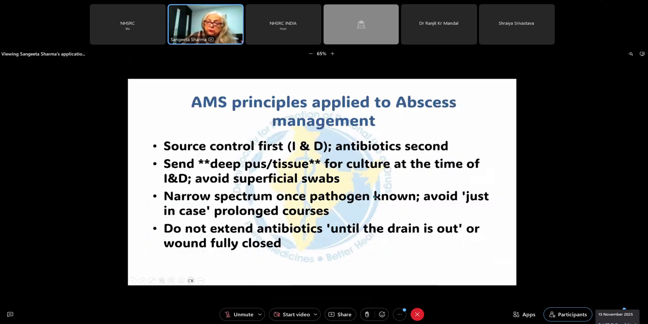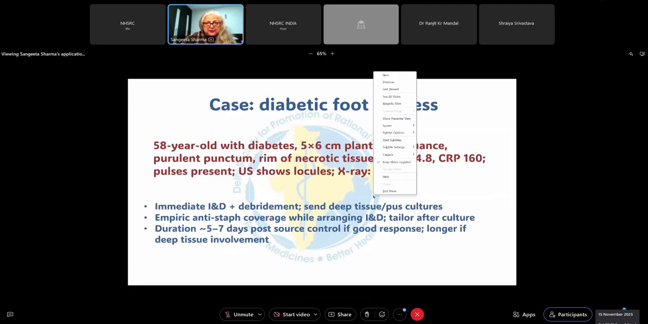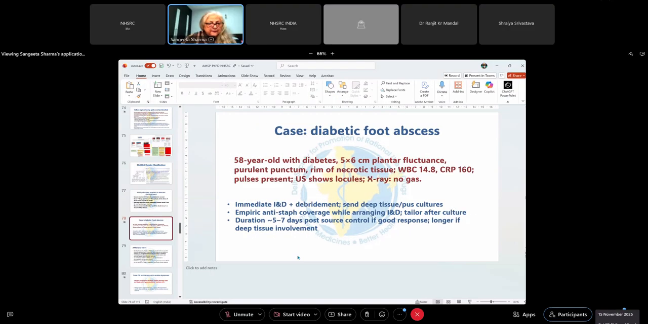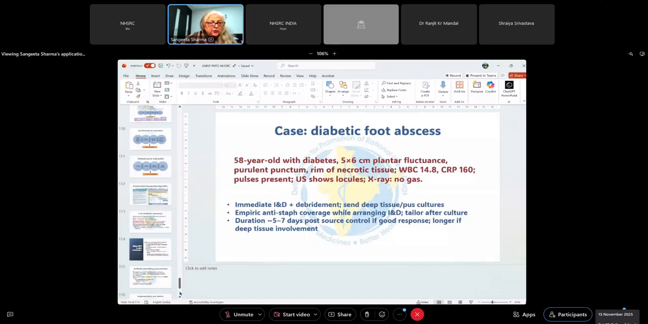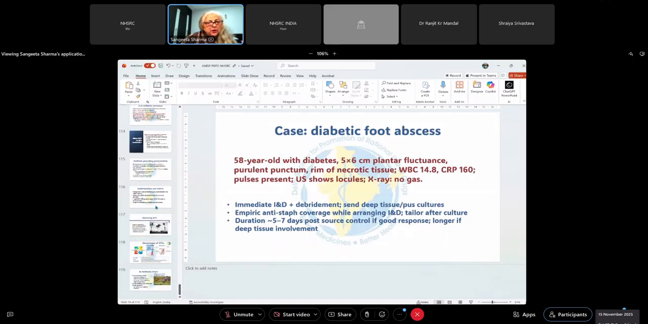One must do the incision and drainage here. I think I'll stop this here. Just go down. Duration I already told you. Ultimately, okay,